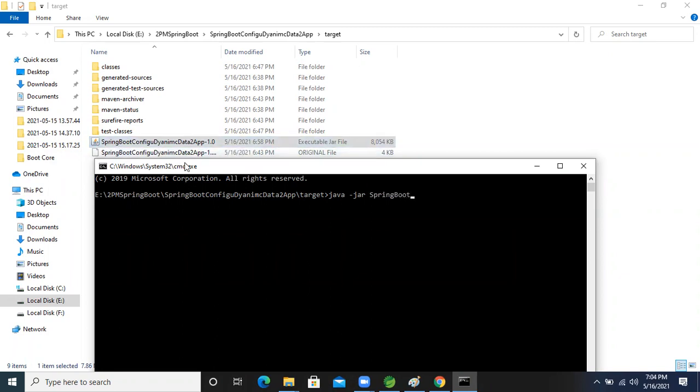Boot, configuration, press tab, Ravi. Dynamic 2 app hyphen 1.0.